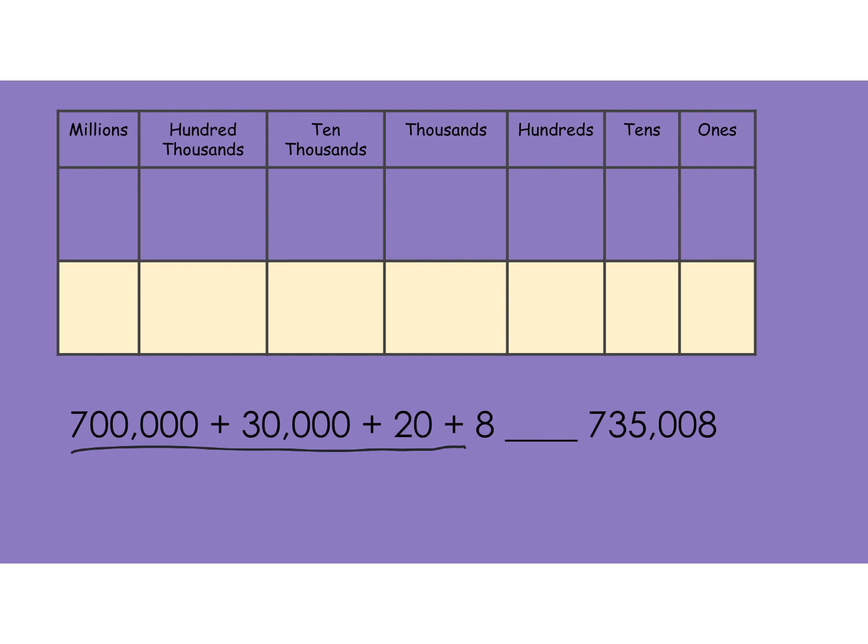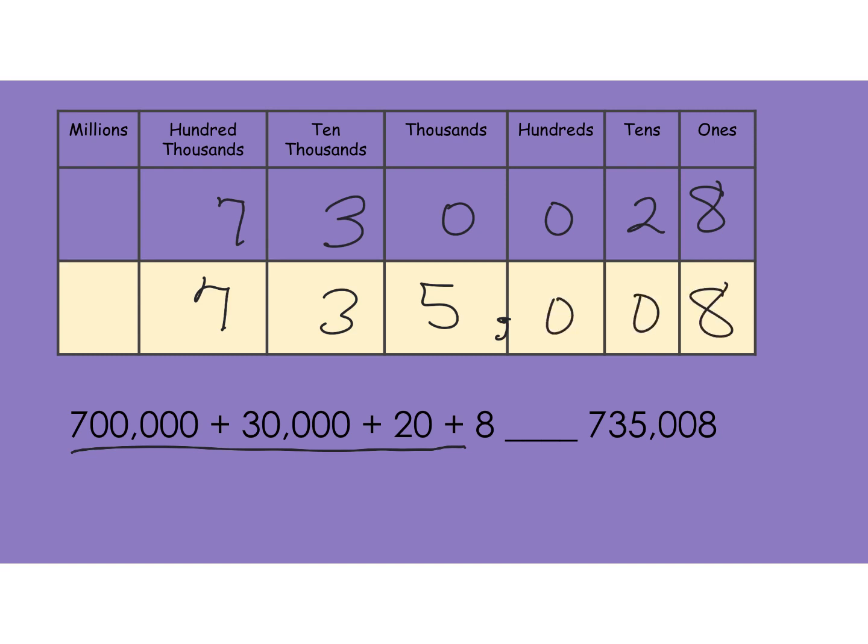So I have 700,000, so I'm going to have 7, and then I have 30,000, so I'm going to put my 3 there, and then I have 28, so I'm going to come over here and I'm going to put 28, and so I'm going to put a 0 to hold my place there, and then I'm going to put this number 735,000. I'm going to put a little thousand mark there,